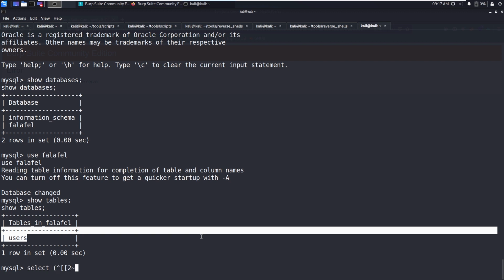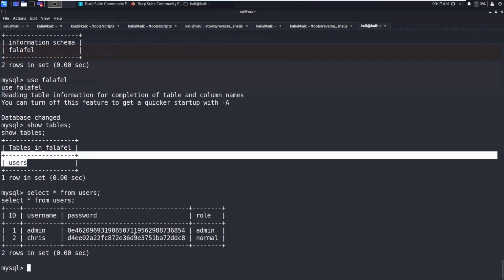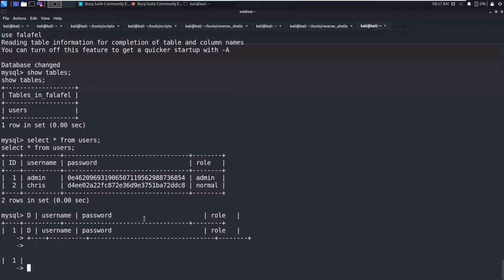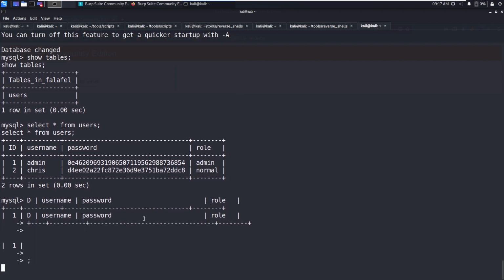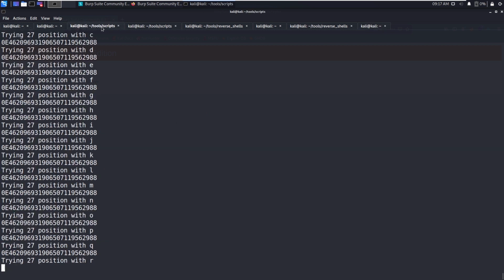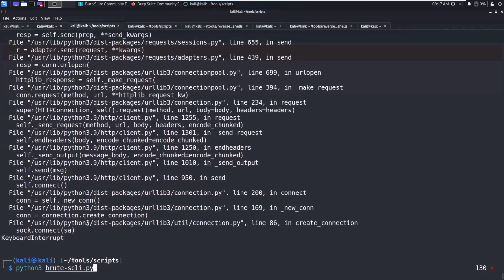Select star from users. So okay, ID, username, password, role. Admin. So this is the hash. You can see the exact hash and the Chris user has this hash. Weird.